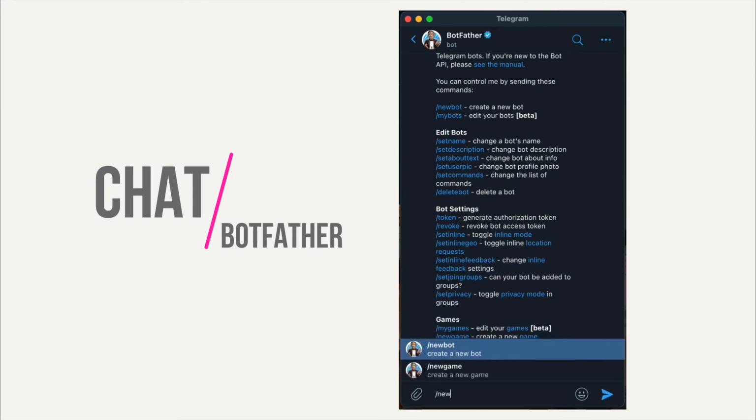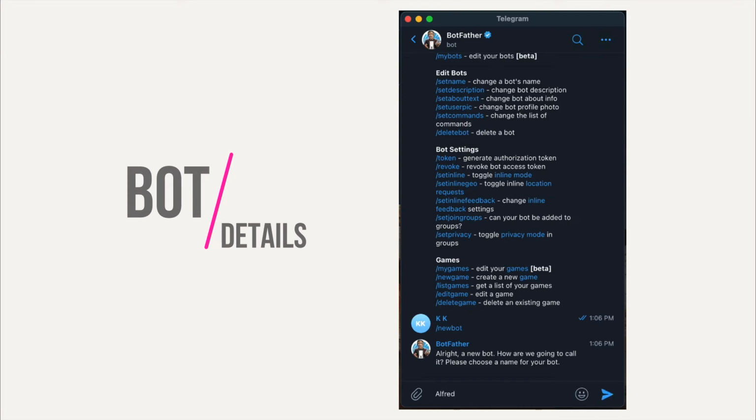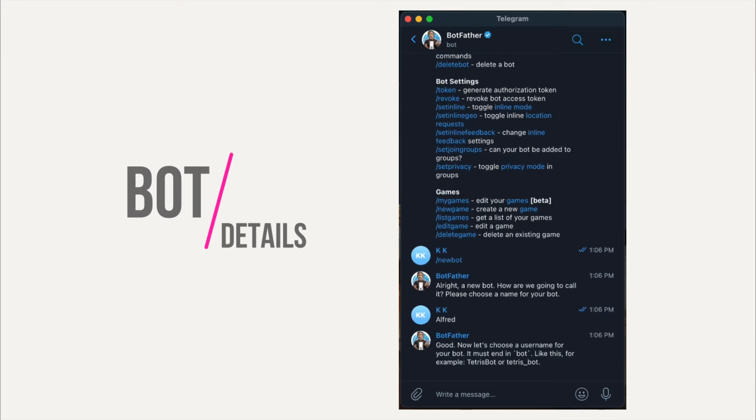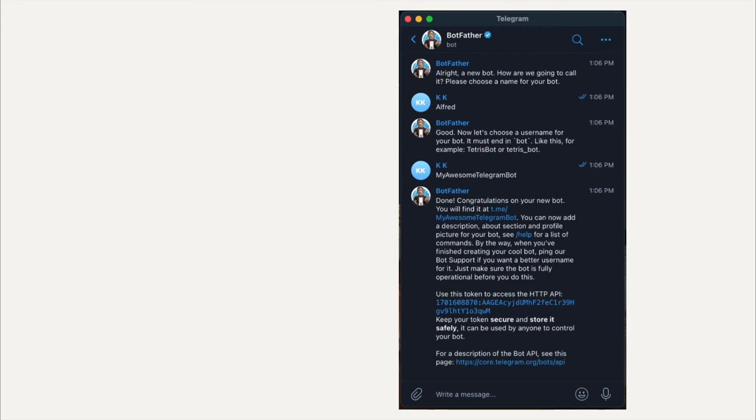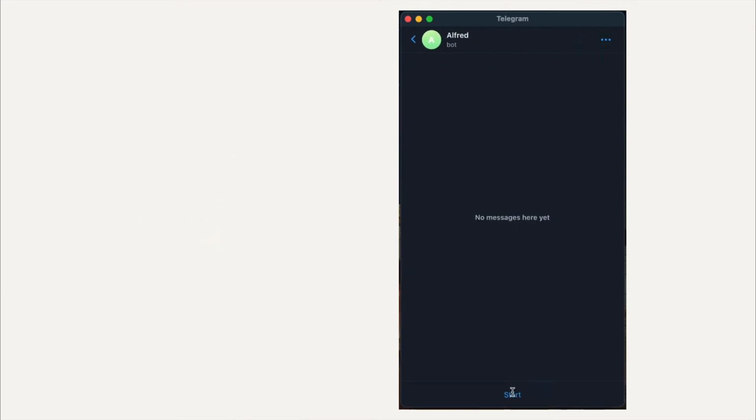Once inside the chat interface, we'll send the command /newbot which triggers the process of creating a new bot. Give the bot a name. This is the name that will be displayed in our Telegram conversations. Give it a username. This username needs to be unique because it will act as an identifier for our bot. And that's it. BotFather sends us a message with all the details about our newly created bot. Note down the token as we'll need it in just a bit. Clicking on this link takes us to the chat box of our bot. Try sending some messages to it. Nothing will happen as of now though.